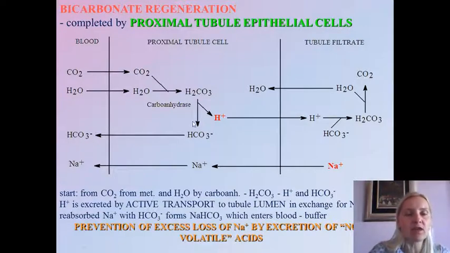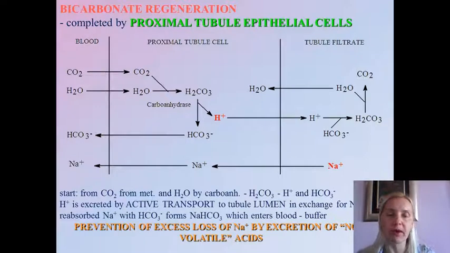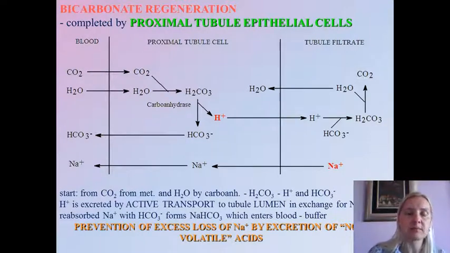So what do we have here? I like those simple figures to explain complex things. So we have carbon dioxide, which reaches proximal tubule cell by systemic circulation, and this is the carbon dioxide which originates from our metabolic pathways. So carbon dioxide diffuses freely to proximal tubule cells and undergoes carbonic anhydrase catalyzed reaction to form carbonic acid, which dissociates to bicarbonate